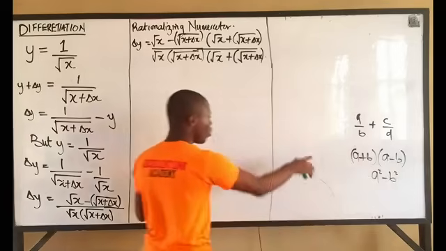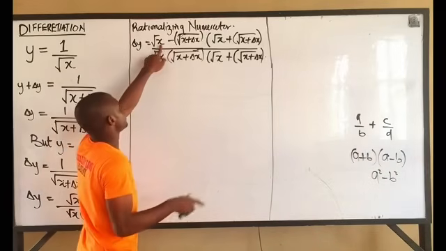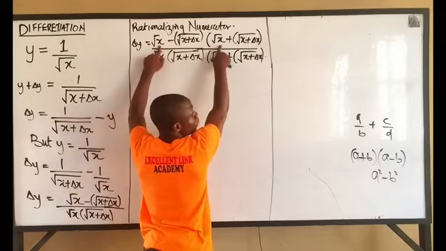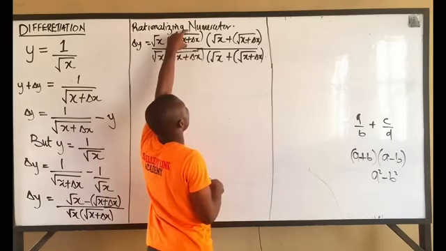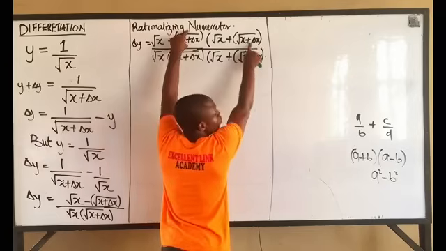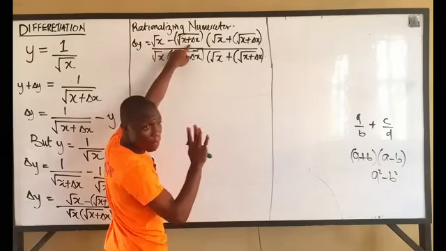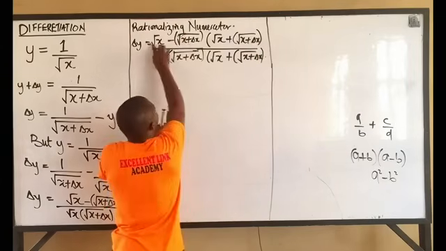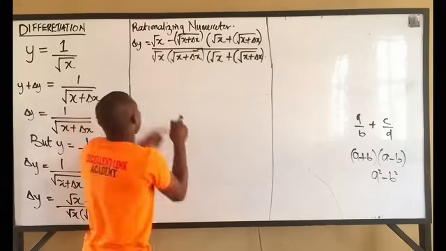Look up from this idea now. I can infer something from this one. I can see root x and root x here. True or false? True. So this is like A, this is like B. So if I want to solve this one now without going through stress, I'll just say that